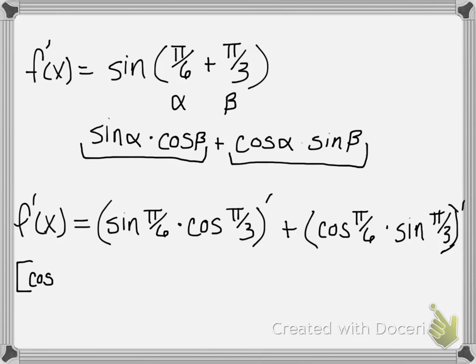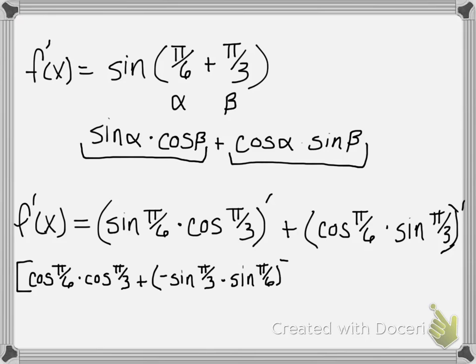The derivative of sine is cosine of pi over 6 times the second, plus the derivative of the second, which is negative sine of pi over 3 times the first,